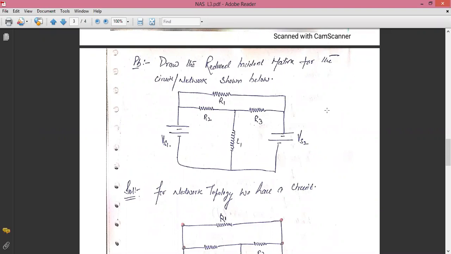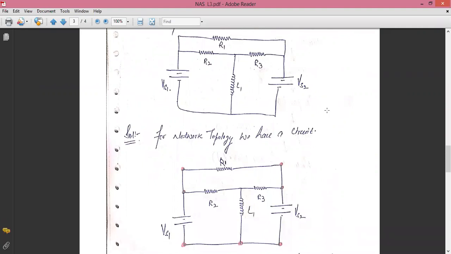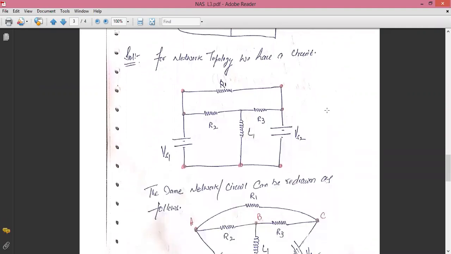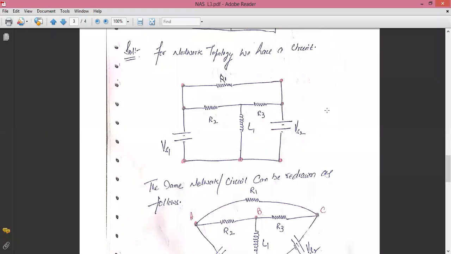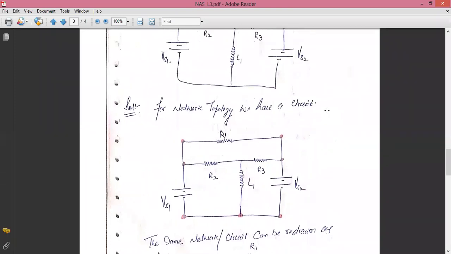So you have to convert the circuit into simply RIM. Now see what will happen. Solution for a network topology: we have a circuit like this. We have the 2 voltage sources, that is VS1, VS2, a resistance R1, resistance R2, inductor L1, and resistance R3. Now you can see I can mark or bold some points with the red pen, and these points are basically called the nodes, isn't it? Yes, sir. These are basically called a node. Now you can see we have 1, 2, 3, 4, 5, 6, 7, and 8. There are a total of 8 nodes present in this circuit.